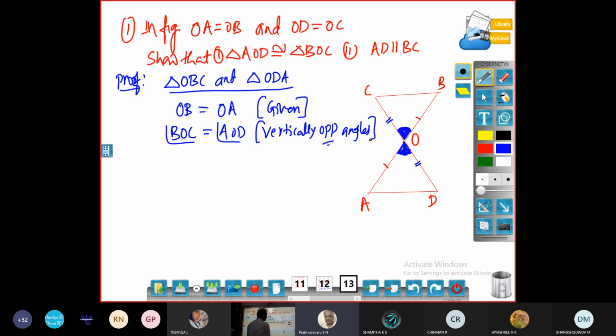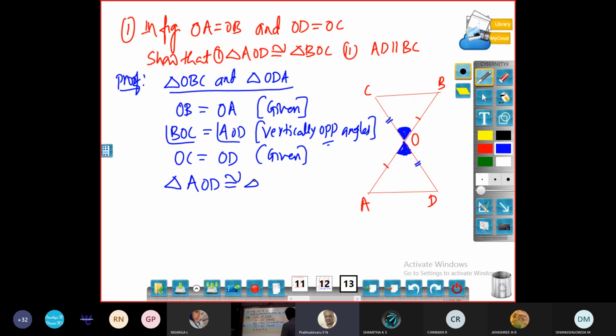Then one more pair of sides. It is given that OC is equal to OD. This is also given. Now you tell me whether SAS can be applied or not. The angle is an included angle or not. Yes, the angle which is given is the included angle. So therefore I can write triangle AOD is congruent to triangle